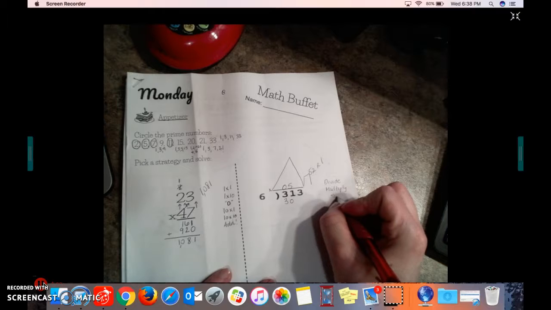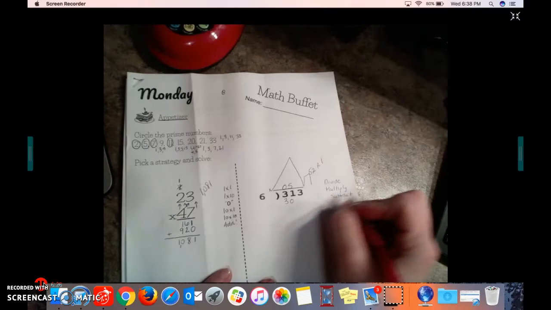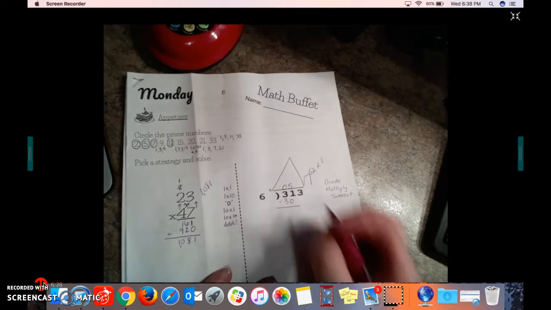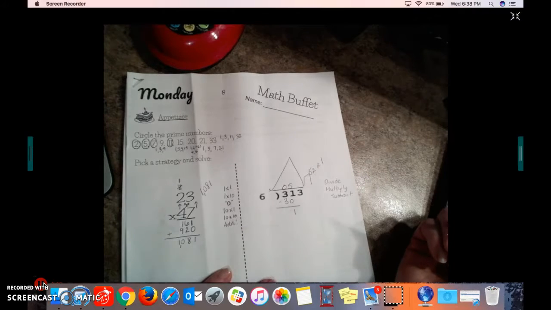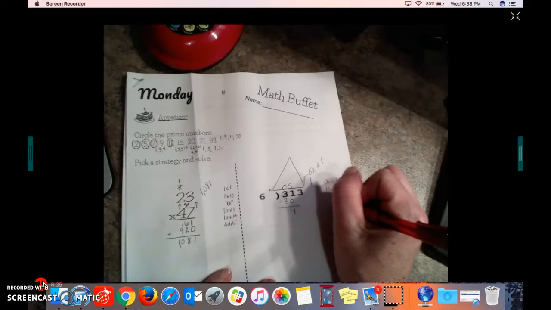Okay. My third step always is to subtract. So I'm going to take 31 minus 30. 1 minus 0 is 1. 3 minus 3 is 0. Okay. Now I need to bring down,